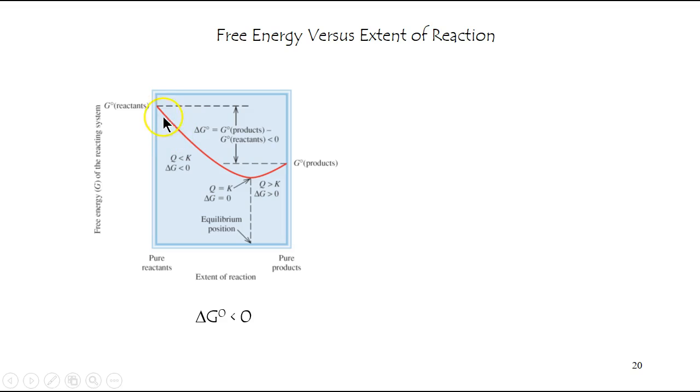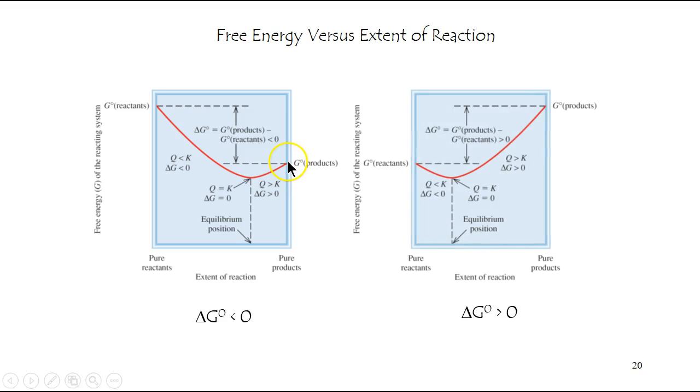Initially, Q is going to be far less than the equilibrium constant because the reaction is just starting off. However, it is getting favorable because we know that it is a spontaneous reaction. When you're at equilibrium, the change in the free energy should be at a maximum, and at that point Q is equal to K, and your formula can change at that point. And as you continue to form some products, typically the free energy goes up a little bit but stays overall